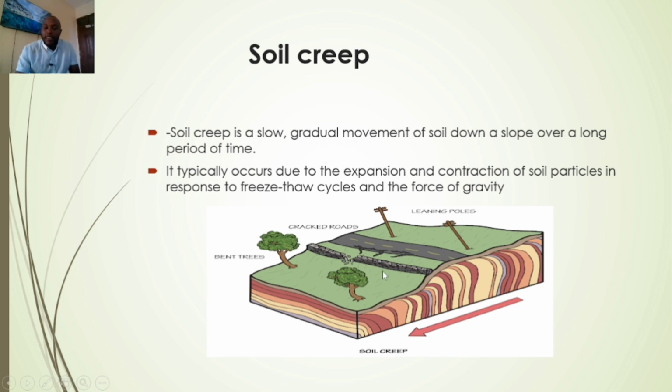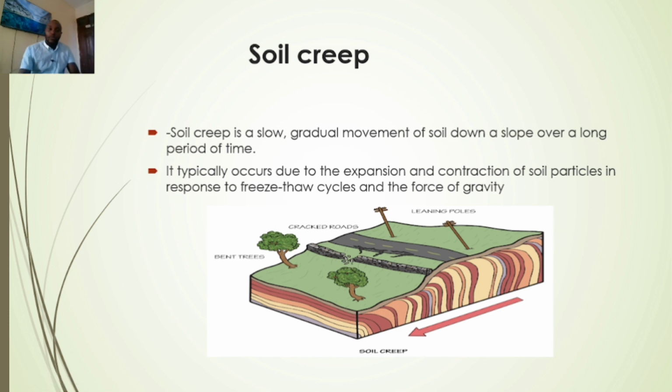So you find that the tree is bending because it's supposed to be here, but now due to the slow movement of that soil, it's bent, but the tree has to find its straight growth, due to the action of the sun. Actually, they need to follow the sun for their own making of food, so they'll always turn and grow straight. So you find that they're bending in such a way. More of this is in biology, when you talk about why it is not just bending straight. All right, so that's soil creep for you.